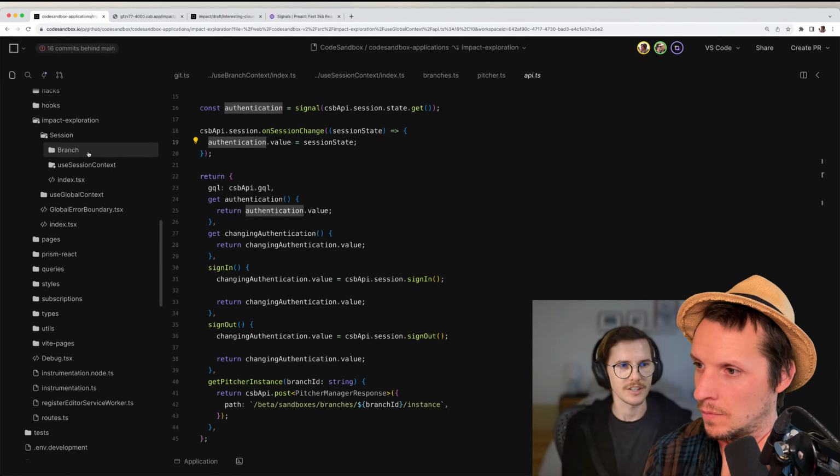Today in the CodeSandbox application, we have this confusion about which kind of context I can use in each component. And it's very frustrating because we don't have a clear answer. We kind of need to first import the hook and see if it throws an error.